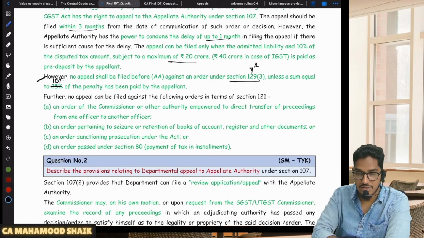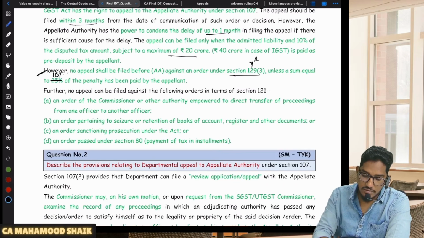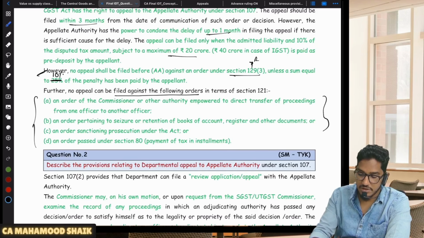As I have told, the things have changed now. So here also it is 10%. You have to pay 10% and then you can go for appeal. Next. However, no appeal can be filed against the following orders. So this also we have seen, against which appeals we can't file